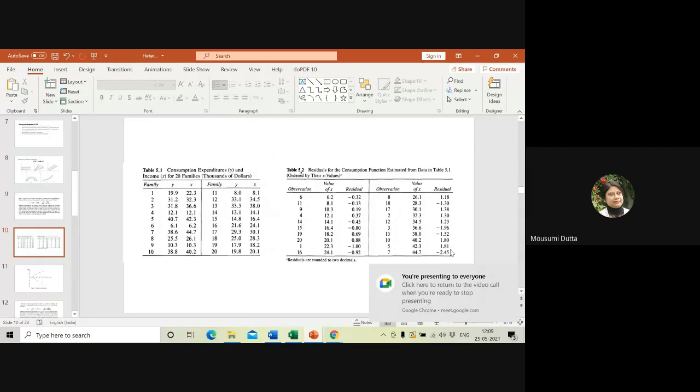Actually, you are just clicking on a box and that will generate the residual, yi minus yi hat. So from this 5.1, we can have 5.2. Now, once we get this table 5.2,